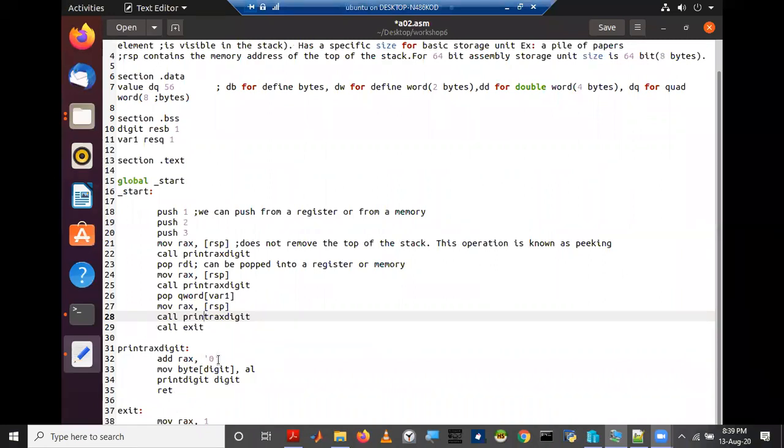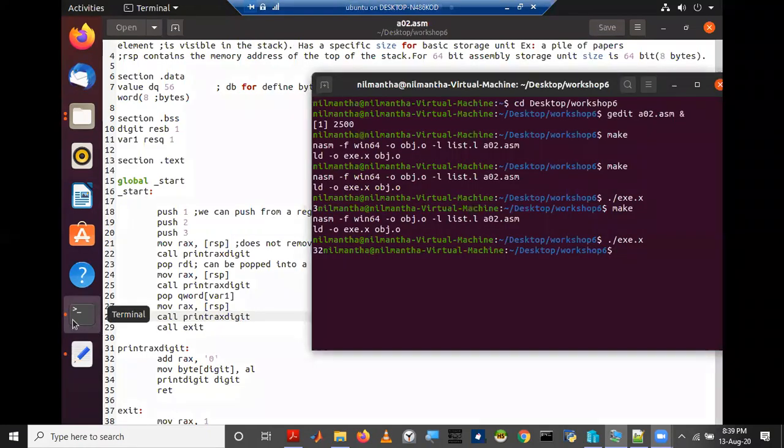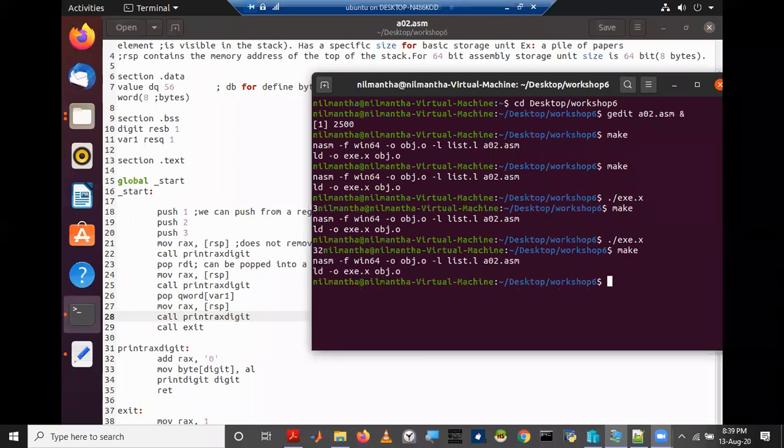It converts first into ASCII, then passes that memory location to the macro, which prints one character. Right. So save. Yes, you can see now the top of the stack is 1.